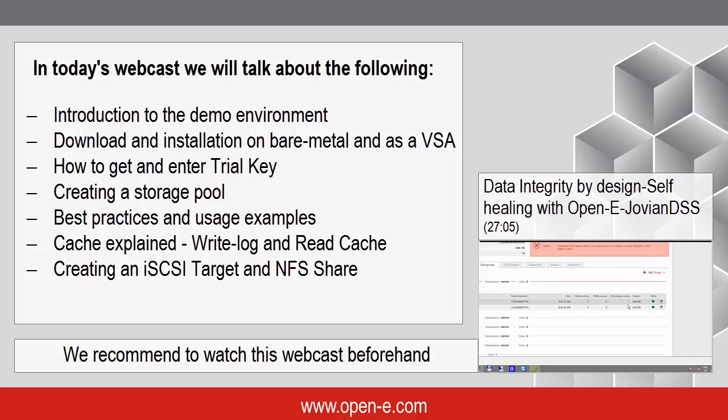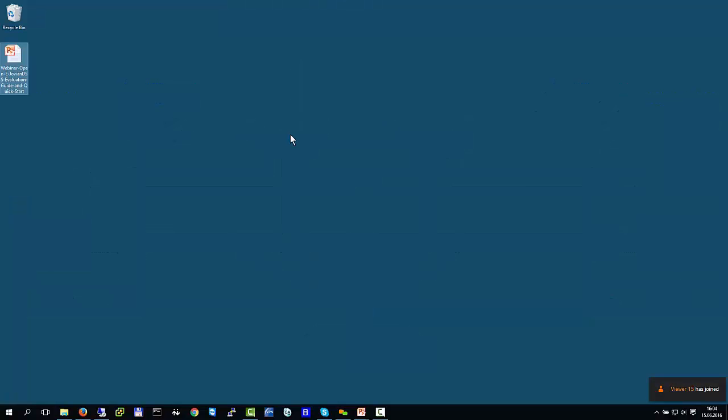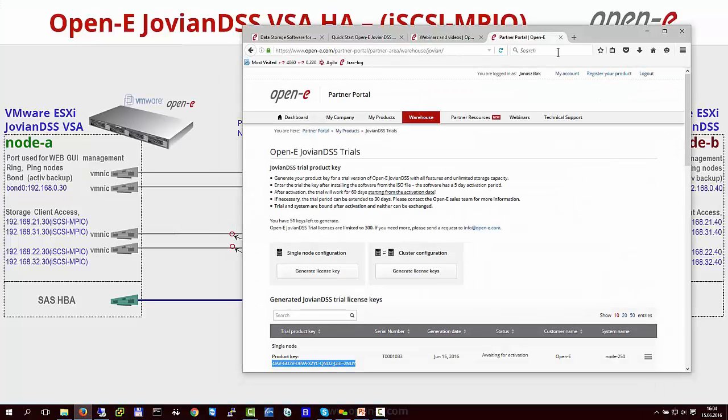Okay. So, our demonstration environment: I will not demonstrate the whole cluster today. We will just use a VMware ESX as a base machine, and on this machine we will run, or rather install, JovianDSS. As I mentioned, installing on bare metal is a bit different, actually very similar, but we need to prepare a boot media, and then I will maybe switch to